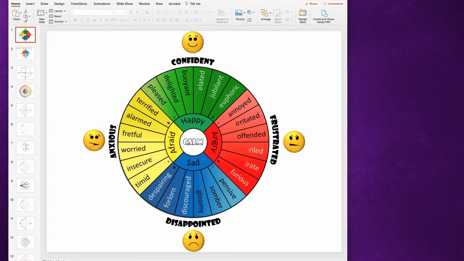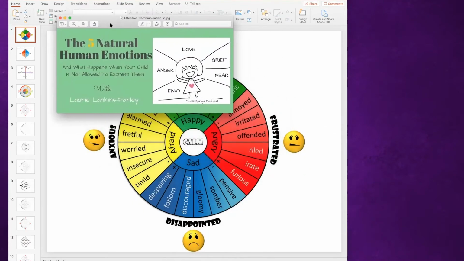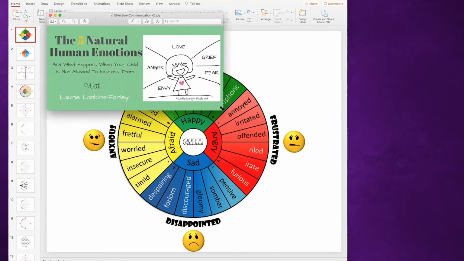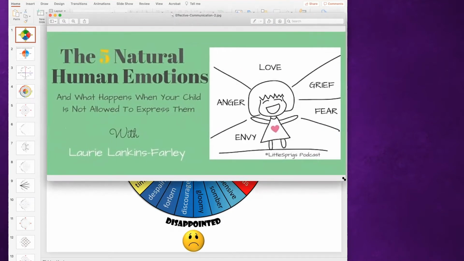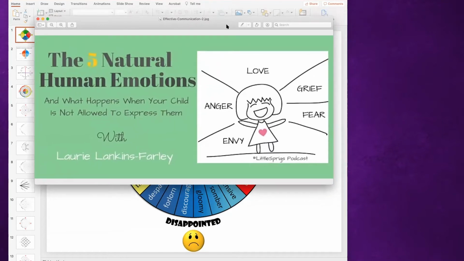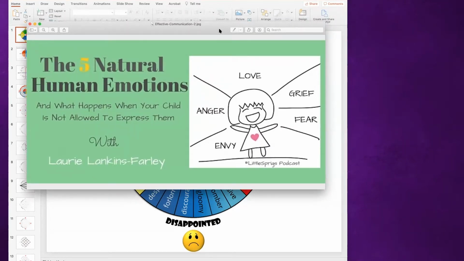So let me show you another one that I thought was really interesting. It's small, but let me see if I can slide it in and hopefully you can see this. Lori Lankins Farley apparently wrote something, I guess it's a podcast, the Little Spriggs podcast, about the 5 natural human emotions and what happens when your child is not allowed to express them. Now, I don't know the content of her podcast or how this connects exclusively to children.